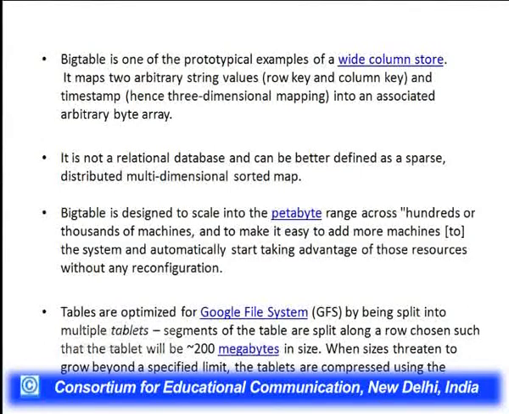These segments of the table are split along a row, row-wise, in the form of tablets of around 200 MB in size. If the tablet size increases, there are compression algorithms at the back end, such as BMDiff, which handle this.